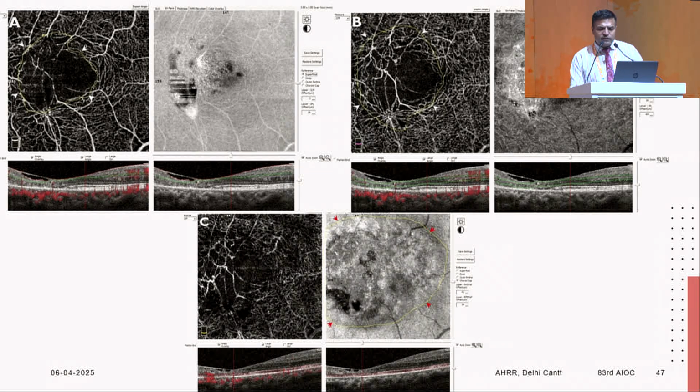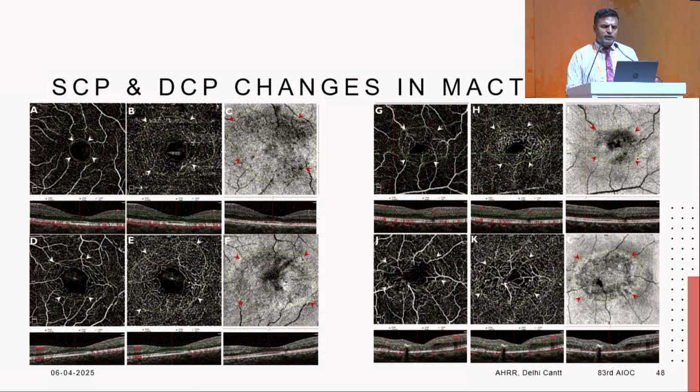So this is the classical progression of the disease, where in image A, you see development of a few temporal splaying areas in the deep capillary plexus, which tend to become completely perifoveal, and by the late stage you start seeing development of telangiectasias even in the superficial capillary plexus. So the deep capillary plexus changes also move together with the superficial capillary plexus changes, where in the early stages, though the DCP looks quite normal, you see development of telangiectasias first in the DCP in image H, and